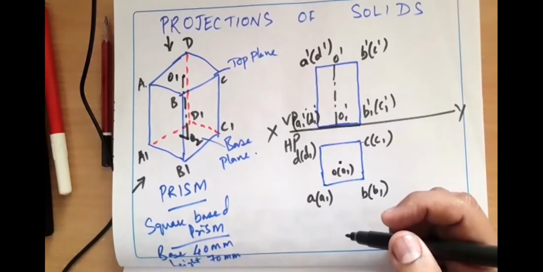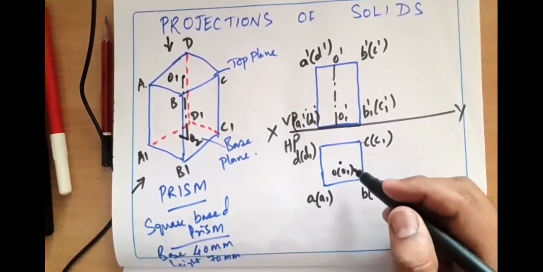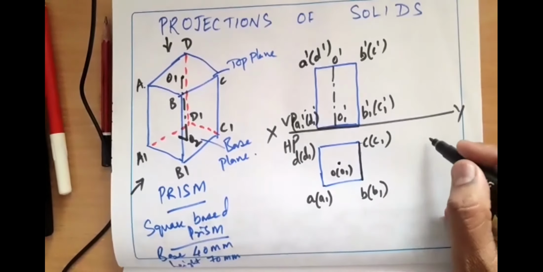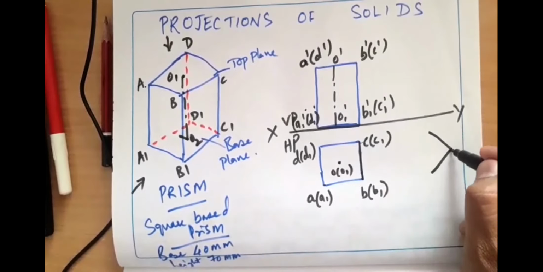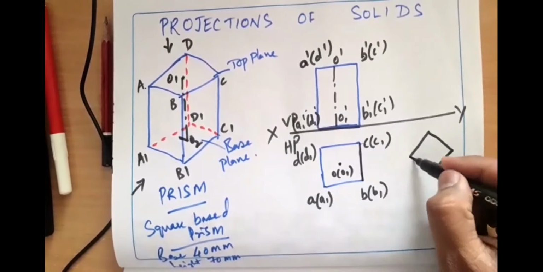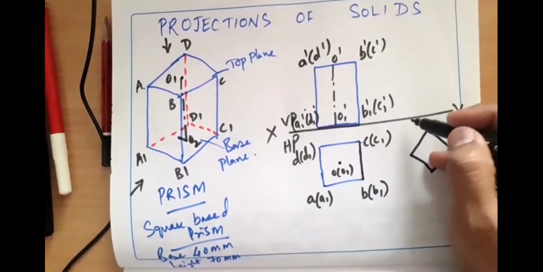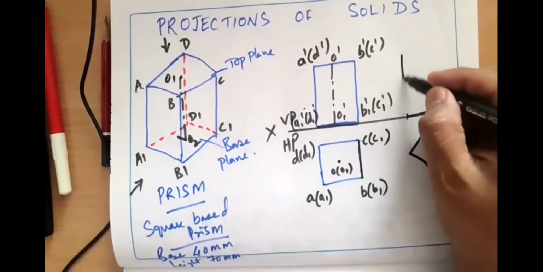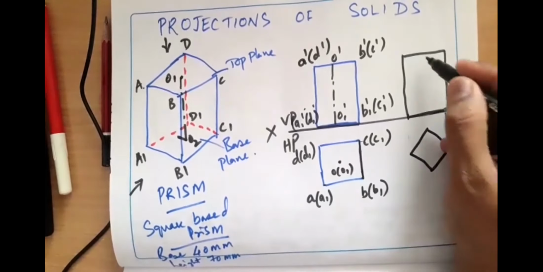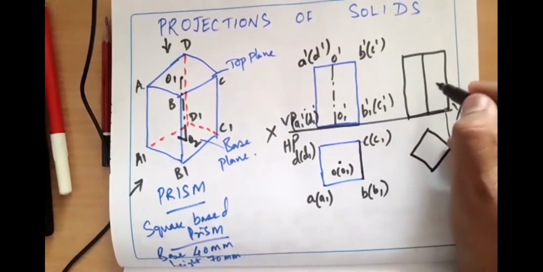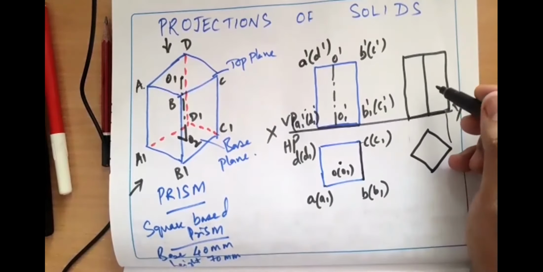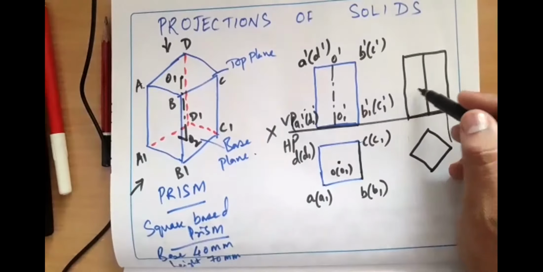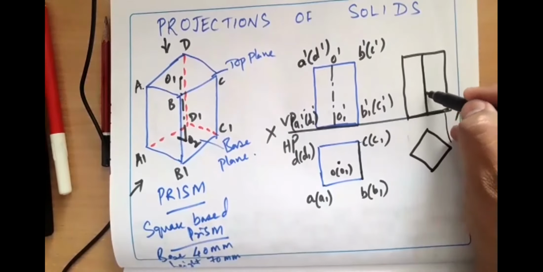This is very, very important in solving the problems. Initial position, if it is asked with respect to edge condition, I have to solve it like this. If it is asked for corner condition, I have to get a corner here on my right and construct the solid. When I keep this in a corner condition, if I draw the projections from here and here, this will be the front view. So in the front view, I'll get two rectangular planes, 1 and 2, and solve the problem as it is. Two rectangular planes are seen. Here only one rectangular plane is seen. Here two rectangular planes are seen, and this edge is made dark.